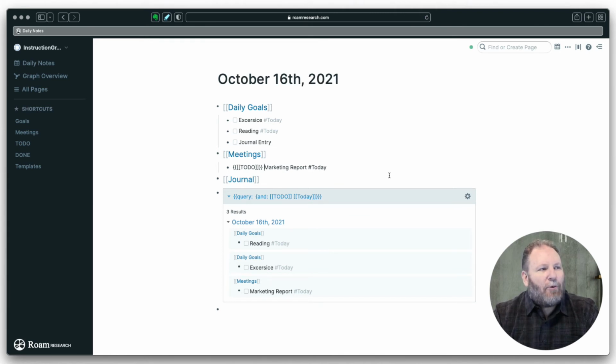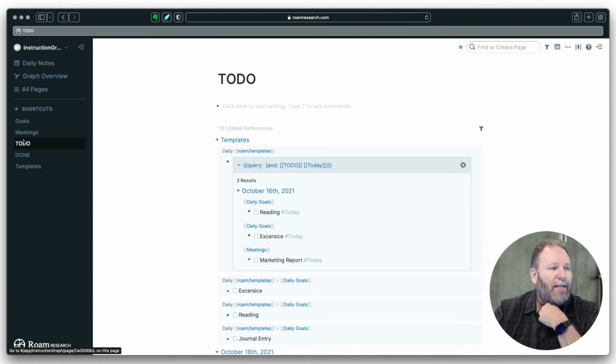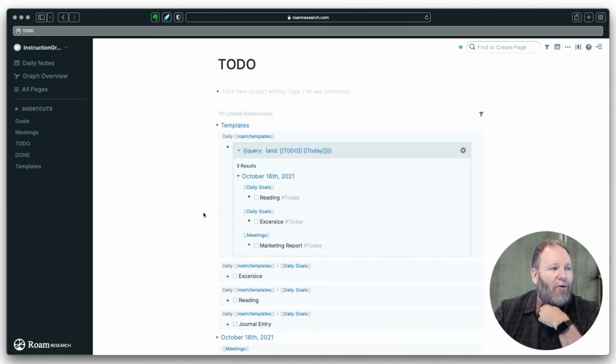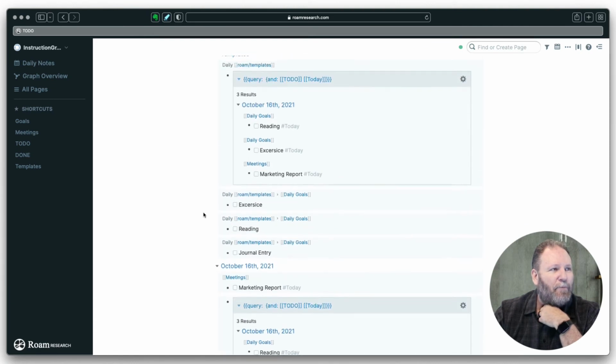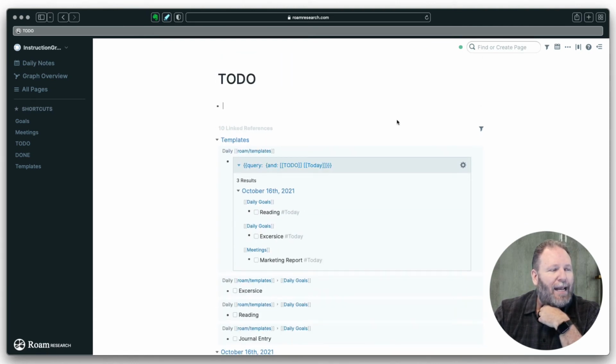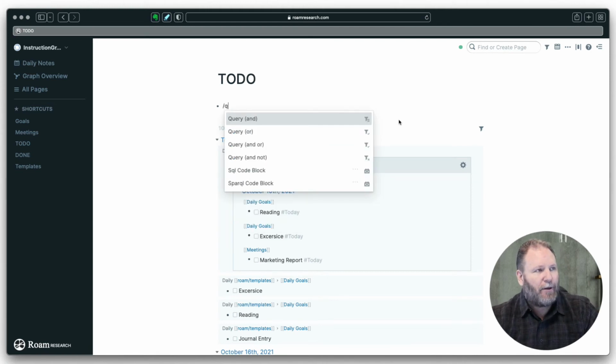Now, let's say that I want to also have a weekly that I want to do. Now, I created my weekly on my to-do page. So I'm going to go over here to my left, and I'm going to select my to-do page. Now, you will notice, again, that all of my to-dos are appearing in the linked references, which is beautiful. But I'm going to go up here and I'm going to create a query just for weekly items, okay? So I'm going to hit / again, and I'm going to hit Q for query, and I'm going to do query and